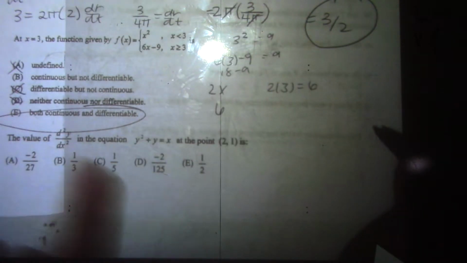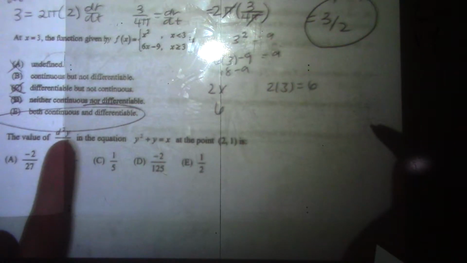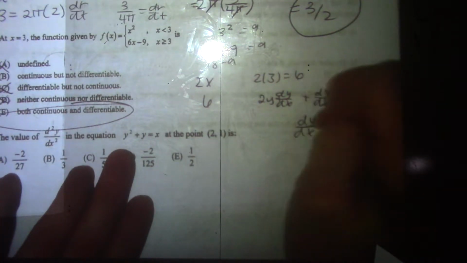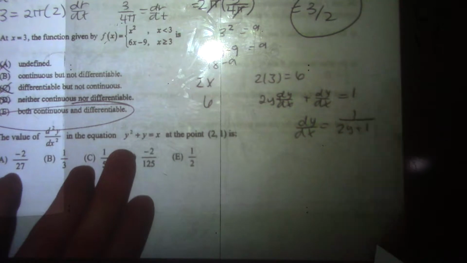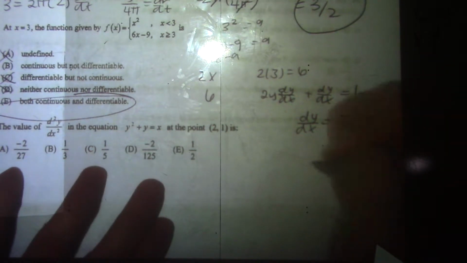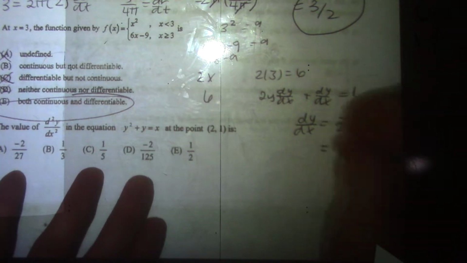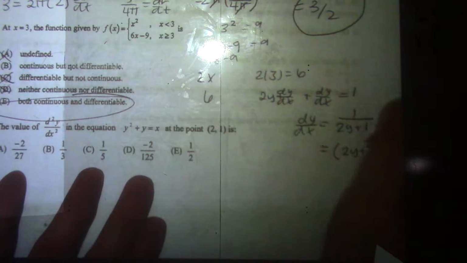First we want to find dy/dx in order to find the second derivative. So we've got 2y dy/dx plus dy/dx equals 1. So then dy/dx is 1 over 2y plus 1. Now when we take the second derivative, you actually don't need to do a quotient rule because I don't have variables on top and bottom, I just have them on the bottom. So let's just rewrite this as 2y plus 1 to the negative 1. So when I take the second derivative,